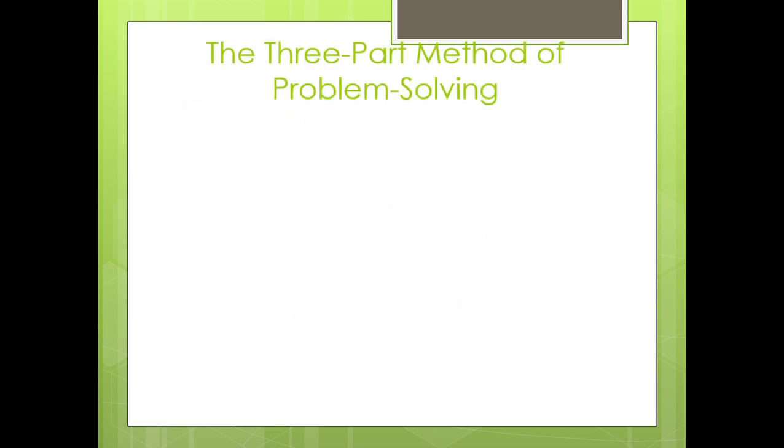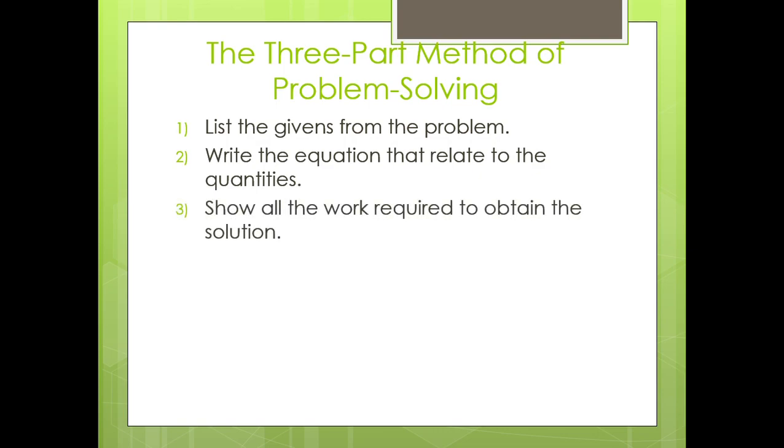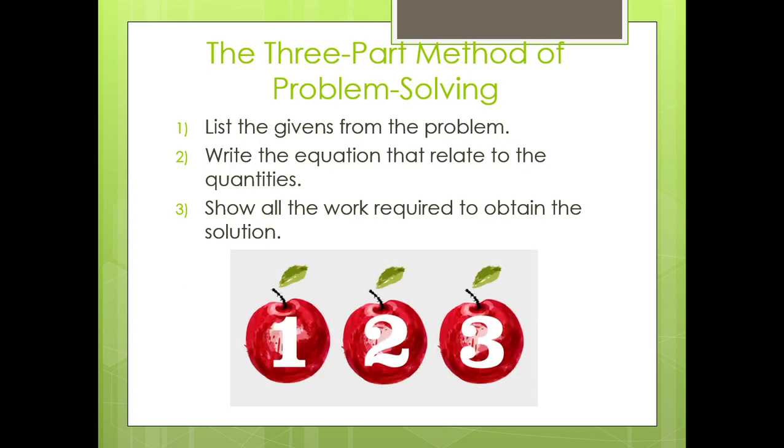All right, welcome back. Now we have the 3-part method of problem solving. These are very simple steps that you have to follow, and there are just 3, so they are easy to memorize. Number 1, list the givens from the problem. Number 2, write the equation that relates the quantities. And lastly, show all the work required to obtain the solution. They are just 3 very simple steps that, trust me, help a lot when solving any kind of